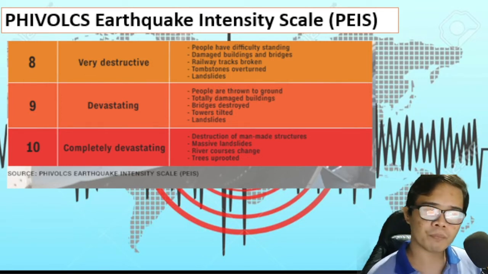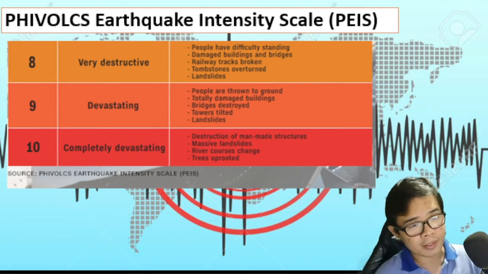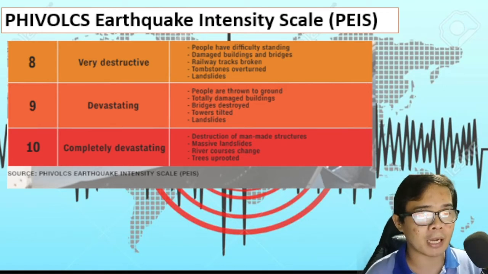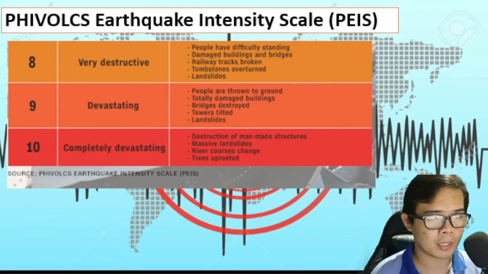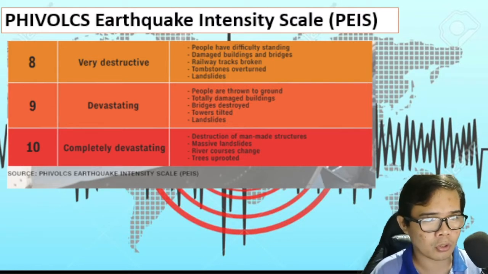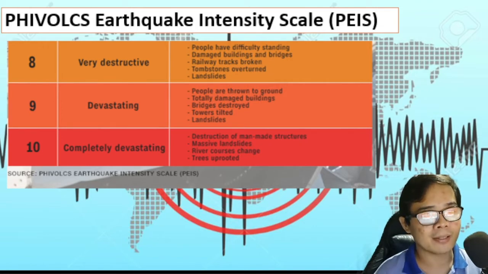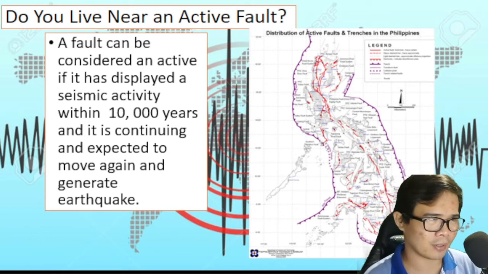So, dito pa lang alam mo na yung sinasabi nila na intensity 1, intensity 2, intensity 3. So, pagdating sa mga balita, malalaman mo pagdating lang sa description, sa mga balita or sa mga nakikita mo sa paligid mo kapag may earthquake.